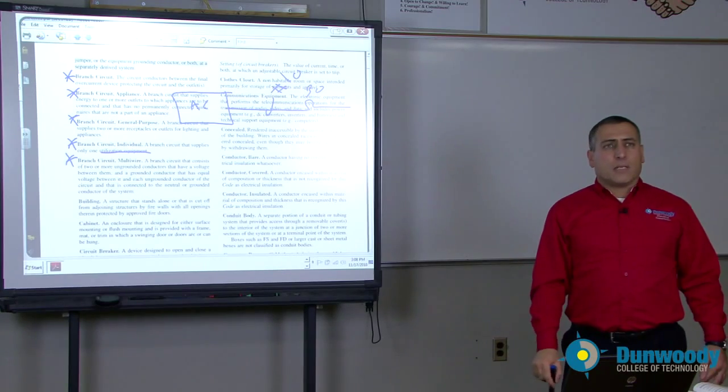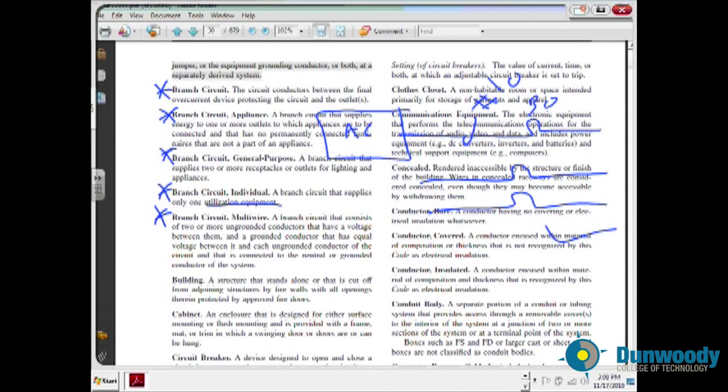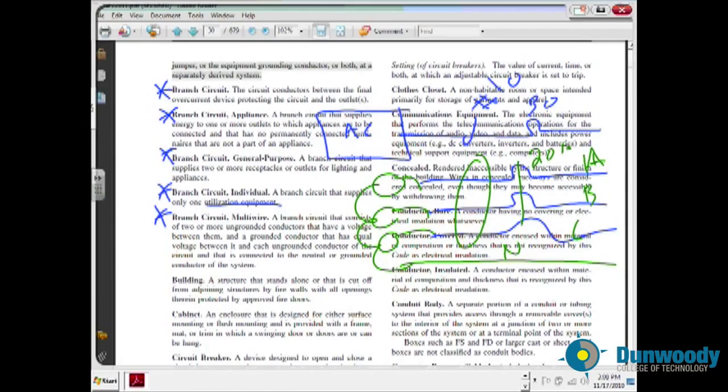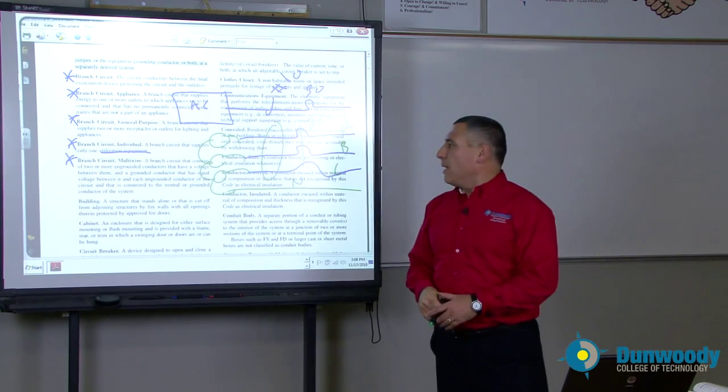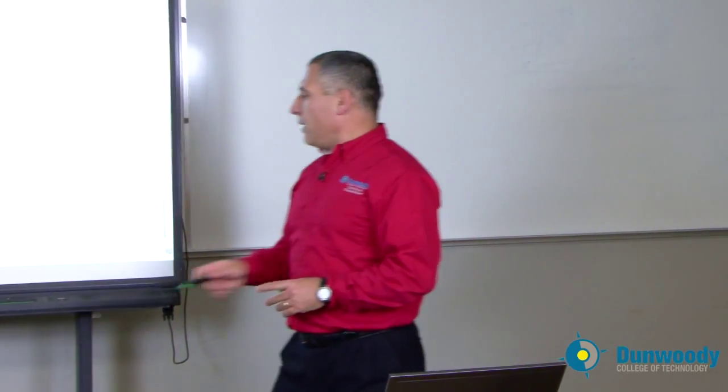Branch circuit multi-wire. If I have a multi-wire branch circuit, say I have 2 rows of lights over here. Here's a multi-wire branch circuit, 1, 2, 3, and I have a neutral right with it, and I have multiple lights, and these lights are fed from 3-phase, 3 hot conductors tied together, 20 amps, and I have a neutral. This is phase A, phase B, phase C. 3 phases, common neutral. That's what we call branch circuit multi-wire. Very important to understand it. So 2 hots or more with a neutral. That's very important to understand that concept.